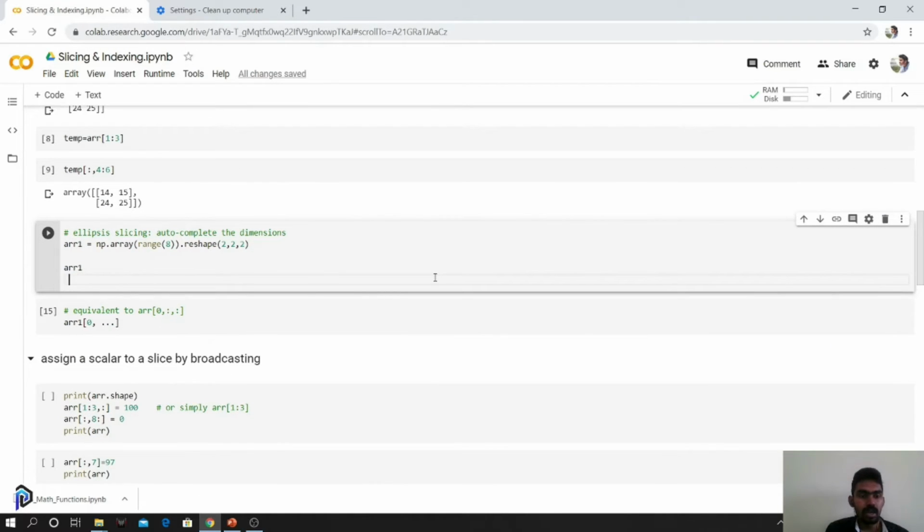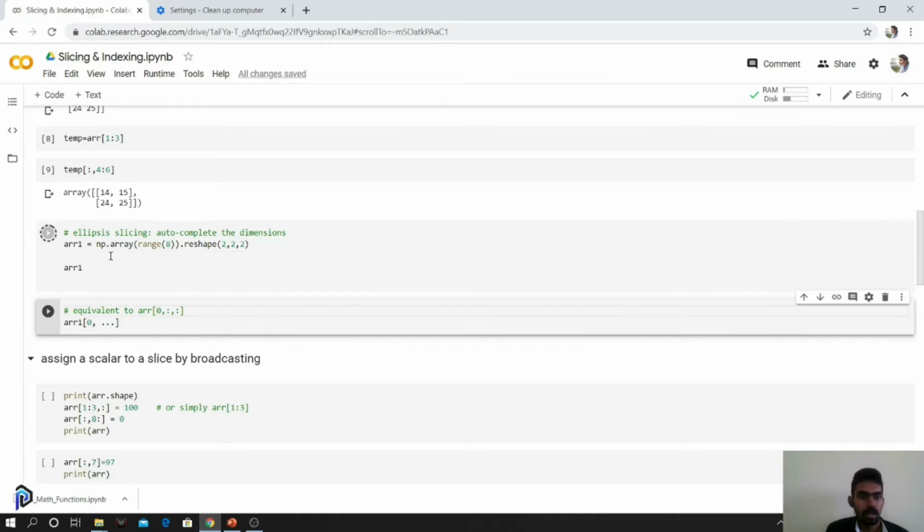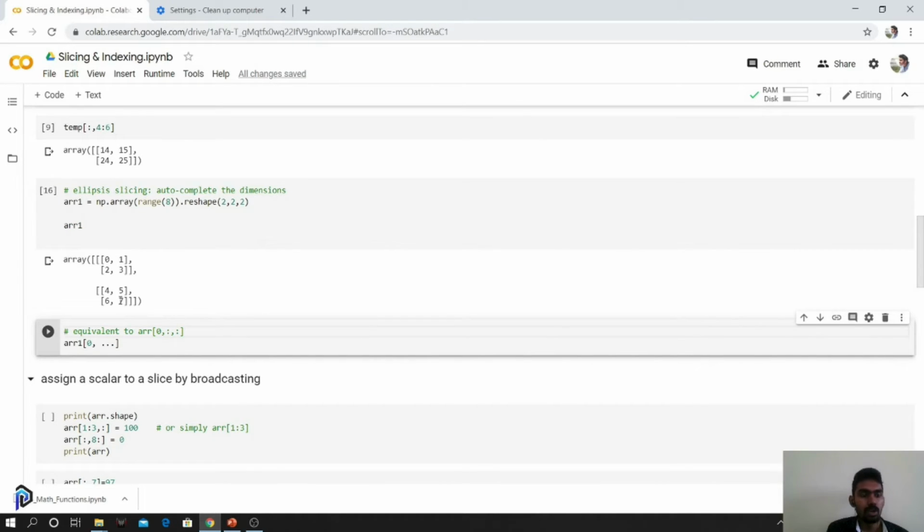We are trying to create an array of 3 dimensions, each of length 2. So this is the array that is created. What I can do is access the elements in the way that I want. With the colon, if I specify that I want all the elements in the 0th index of the first axis alone, it returns this value alone. So we need not fill the other dimension values. We can just put the colon over here.